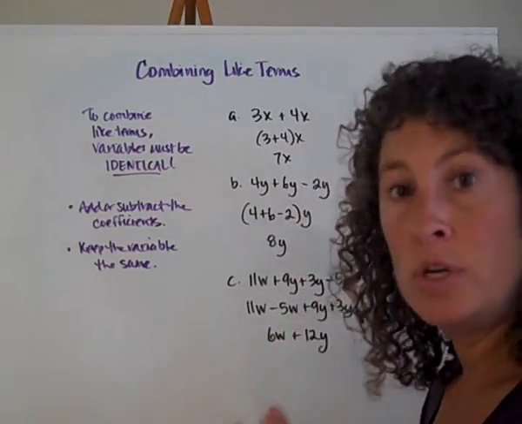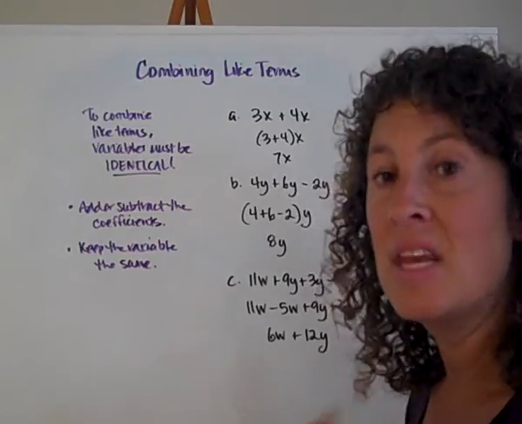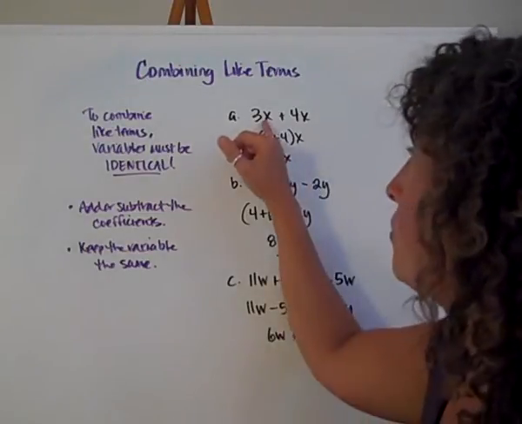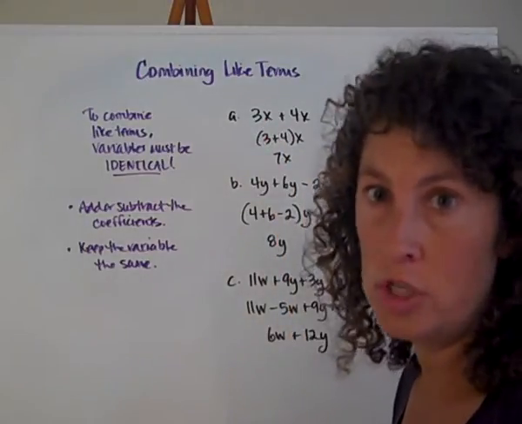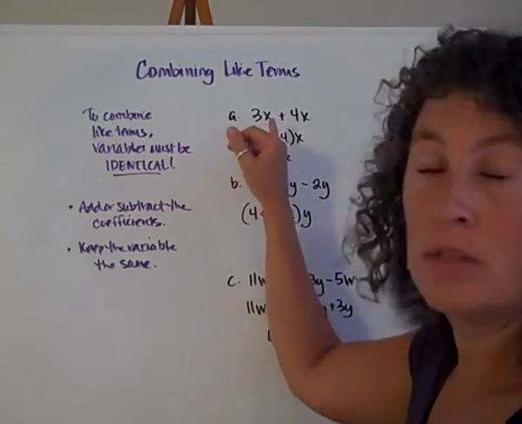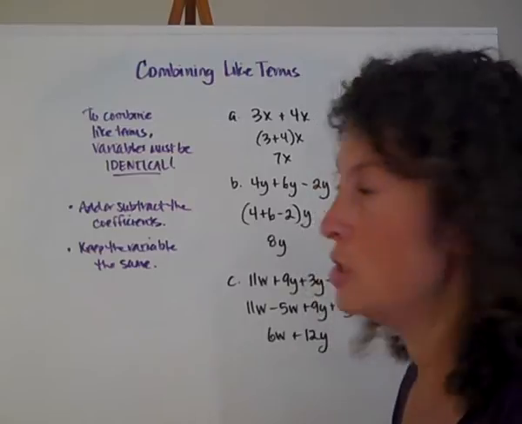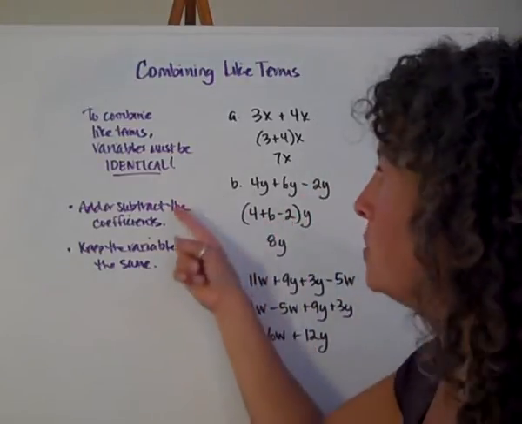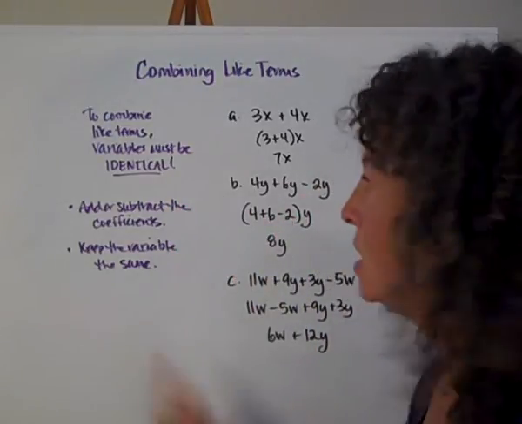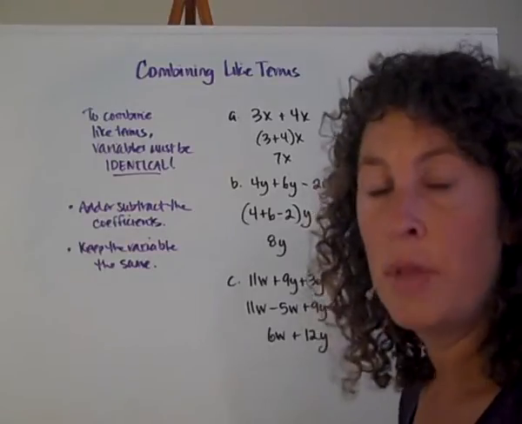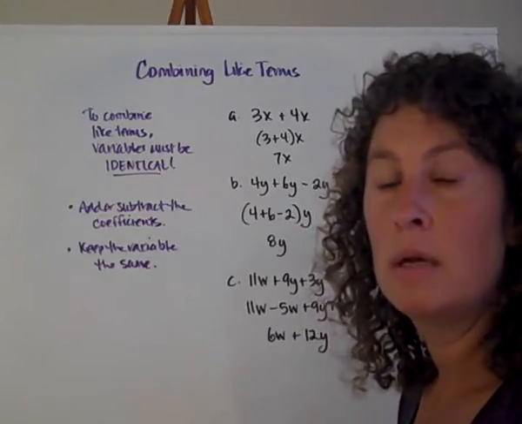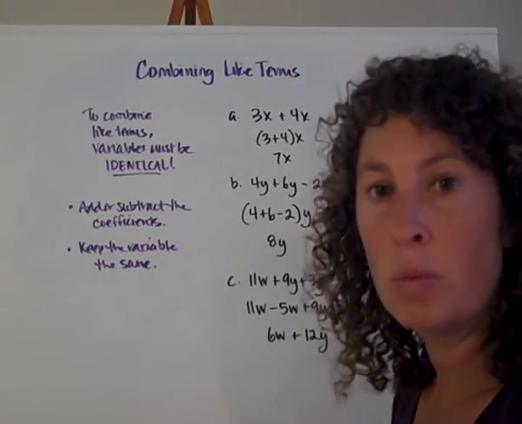You're going to end up with a variable, and then the number in front. The number in front of a variable is called the coefficient. Again, notice that there's no operation in the middle, so we're assuming that it's multiplication. To combine like terms, we're going to add or subtract the coefficients, and we're going to keep the variable the same. Since we're adding two things that are alike, they're going to be the same thing when we're done